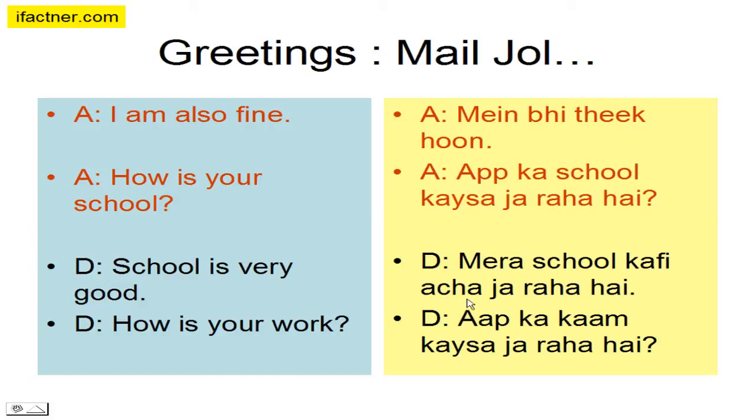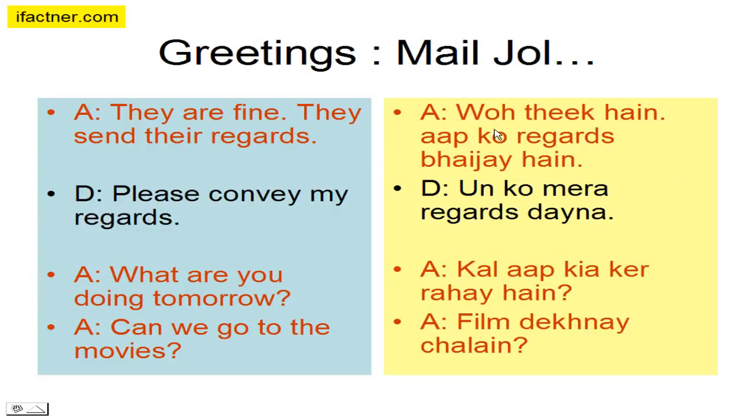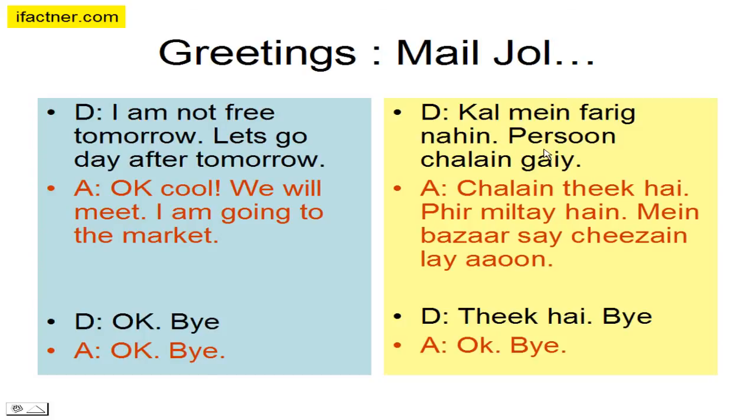मेरा स्कूल काफ़ी अच्छा जा रहा है। आपका काम कैसा जा रहा है? मेरा काम काफ़ी अच्छा जा रहा है और घर में सब खैरियत है। जी, सब ठीक ठाक हैं। आपके अम्मी अब्बू कैसे हैं? वो ठीक हैं। आपको रिगार्ड्स भेजे हैं। उनको मेरा रिगार्ड्स देना। कल आप क्या कर रहे हैं? फिल्म देखने चलें? कल मैं फारिग नहीं, परसों चलेंगे। चलें, ठीक है, फिर मिलते हैं। मैं बाजार से चीज़ें ले आऊं। ठीक है,